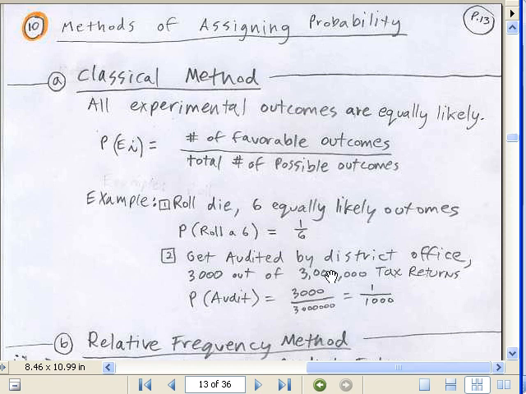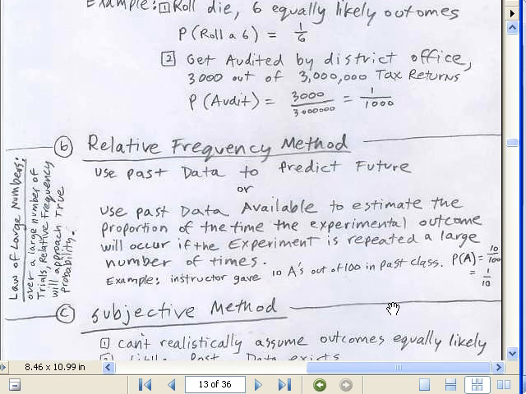How about getting audited by a district office? This office has 3 million tax returns that they cycle through, and they always audit 3,000. This would be classical. You just take the 3,000 divided by that, and you get 1 in 1,000 that you're going to get audited. Next method,